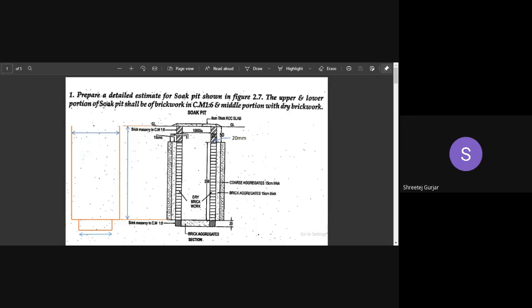After the effluent passes through your septic tank, it comes to your soak pit, wherein your water is allowed to drain into your nearby soil. Okay, so this is a porous type of structure wherein your water is allowed to percolate into your soil. So you can observe here, this is your ground level,